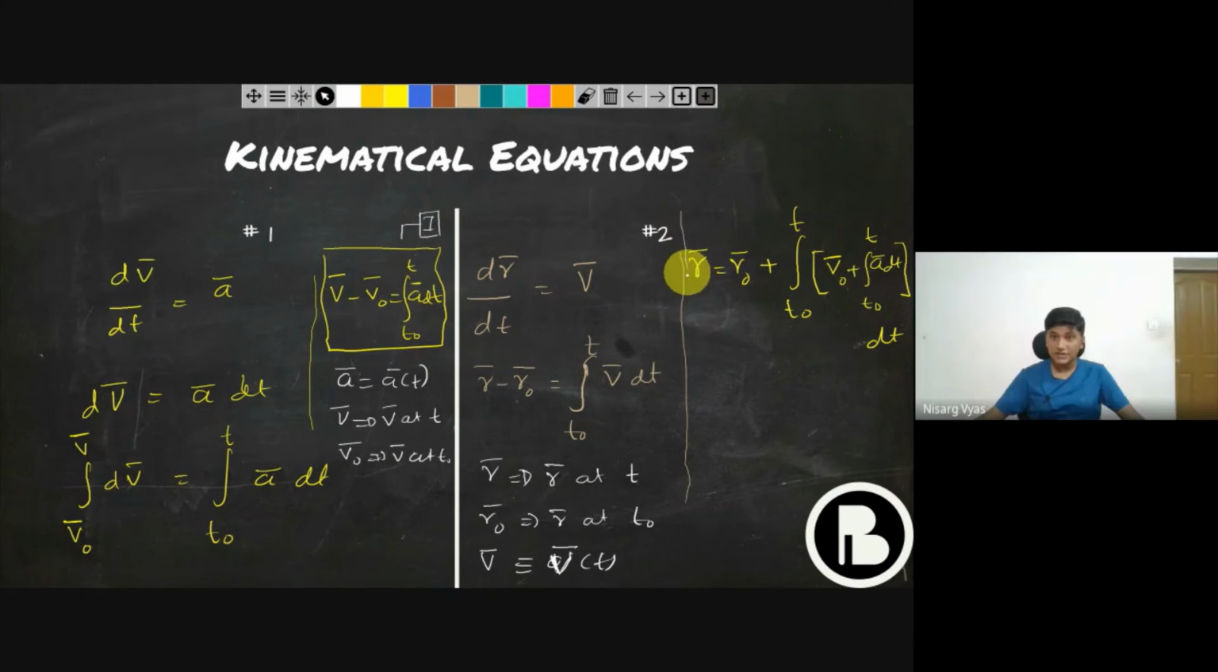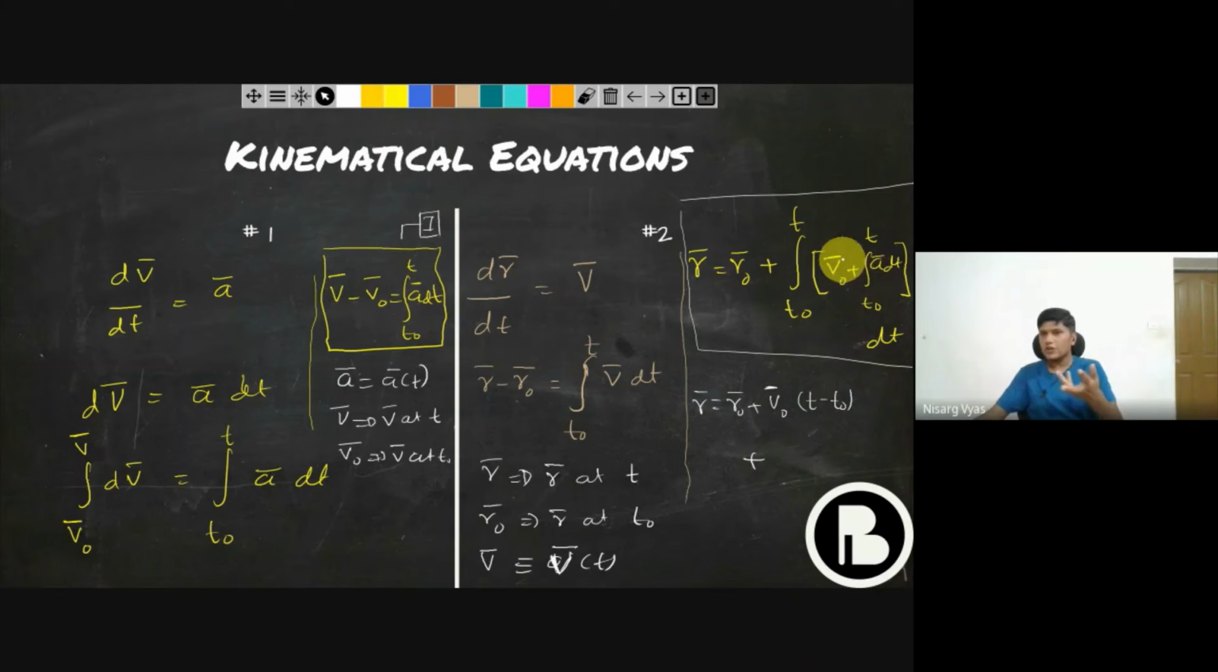Yes, sir. Here you know all the terms: r naught, v naught, and a is also a function of time. V naught is not a function of time here. So this equation you can write down again in a much more simplified manner. That is R equal to R naught plus integration of V naught dt, which is V naught vector times (t minus t naught), plus